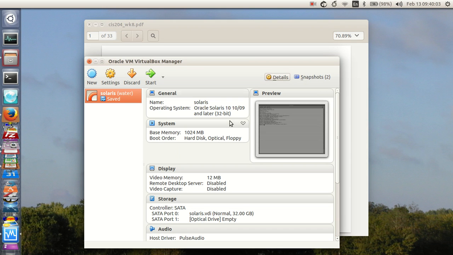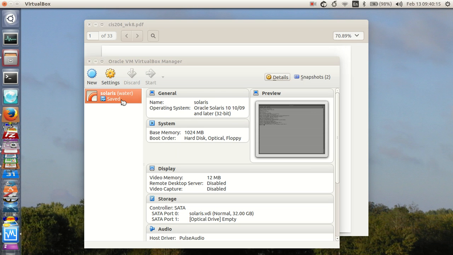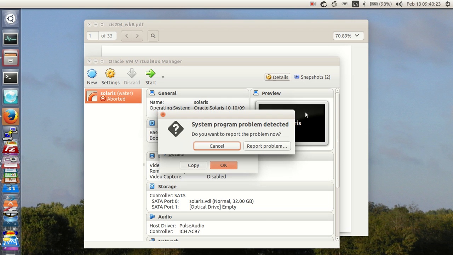Oh, look. I've got a Solaris Oracle operating system. Let's bring it up. Oracle has a virtual machine manager called VirtualBox.